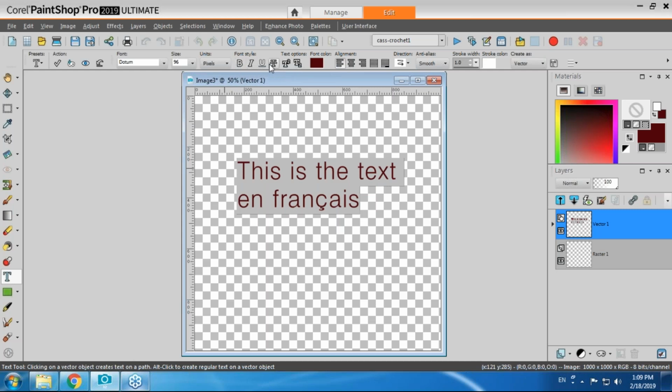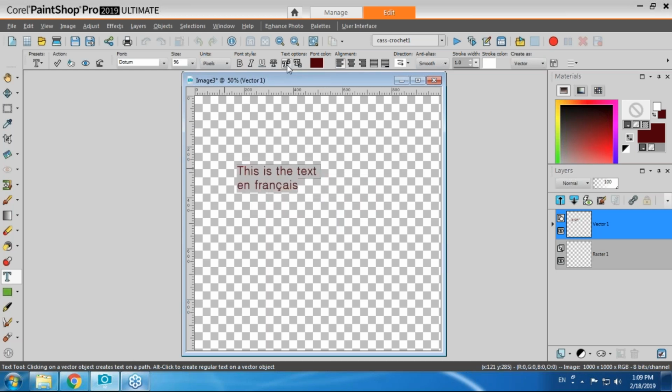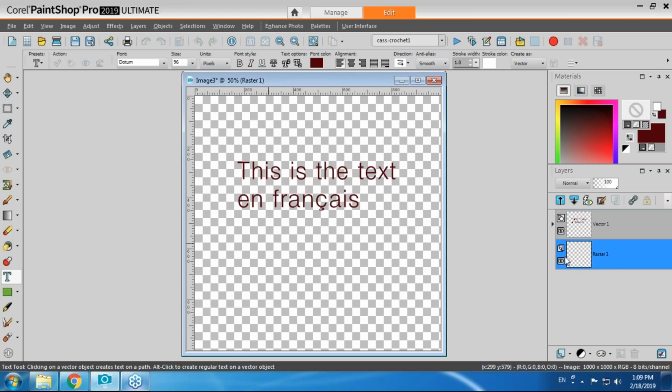Then you have font styles, and the bold, italic, and underline have been around for a long time. Strike through has been added in recent years, and then we have the superscript and the subscript that have been also added much more recently. And these are usually, you won't put the whole text using these, but if you are, let's say that I'm going to be putting first, well, I might want to have the S and the T as that small size of superscript. Or if you are writing, I would say,